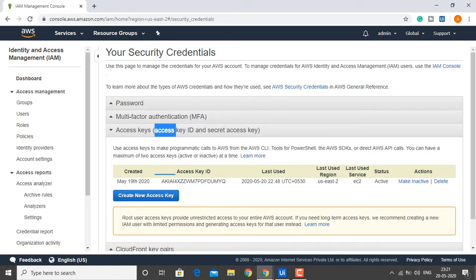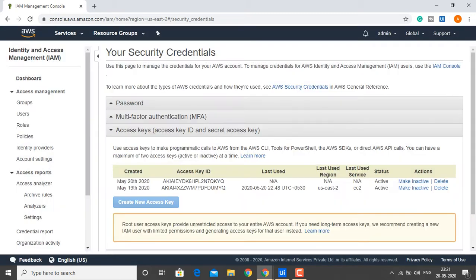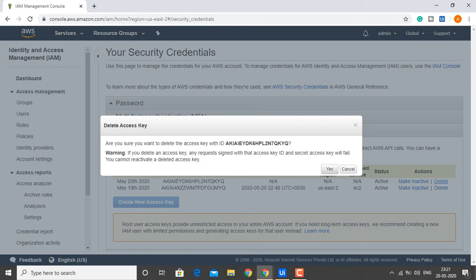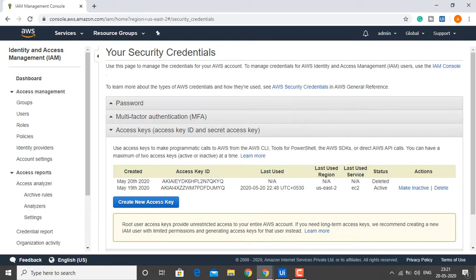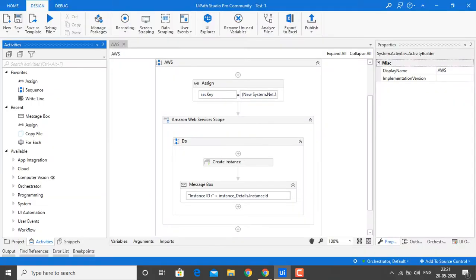By creating this security access key, you will get a file to download. Let me show you guys. You will get a pop-up after downloading the key file. You will get the access key. That's it, guys. Right now I am deleting this because I don't have to use that one. Let me show you guys.